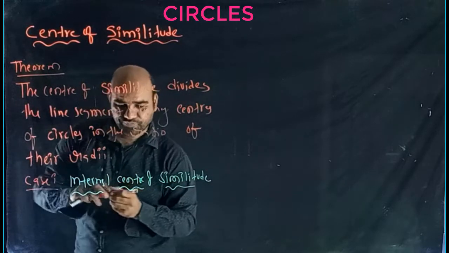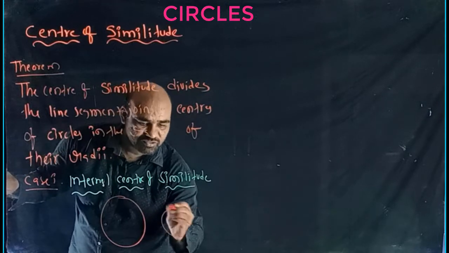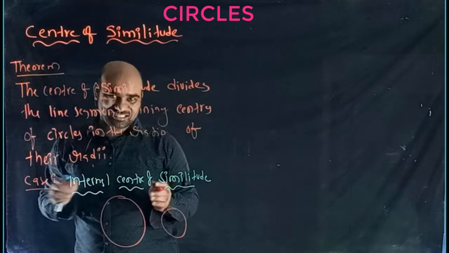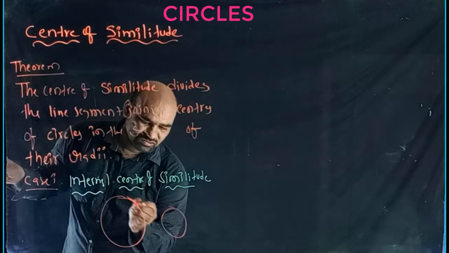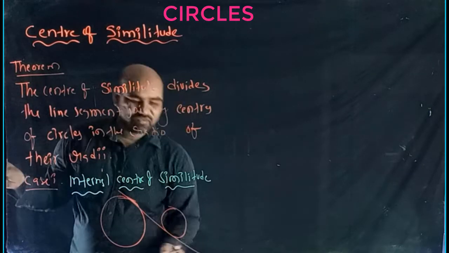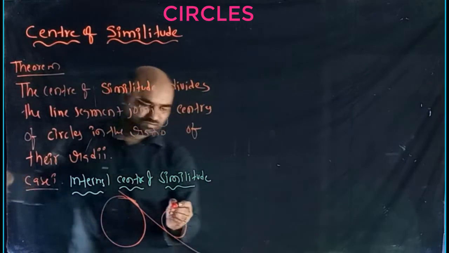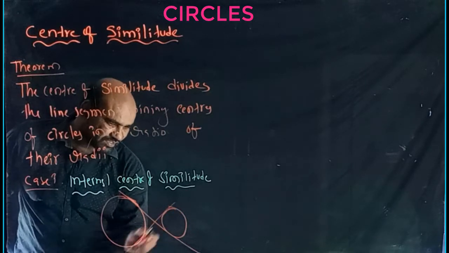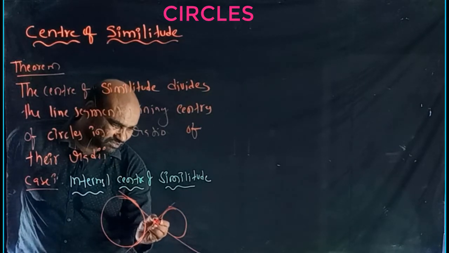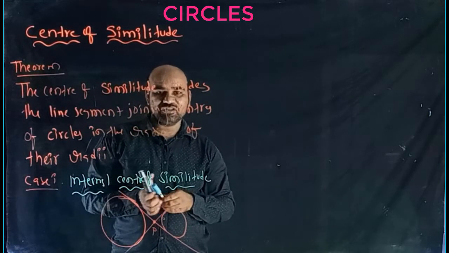Okay, a diagram for that. General case means the circles do not touch each other. So this is one of the transversal common tangents. This is another transversal common tangent. They are intersecting, say, at P. Now you want to show that P divides the line segment joining their centers